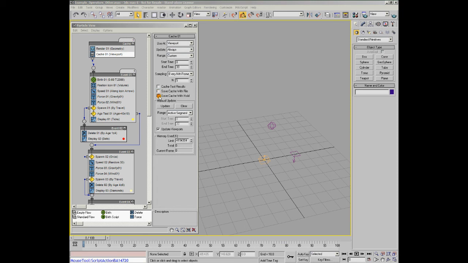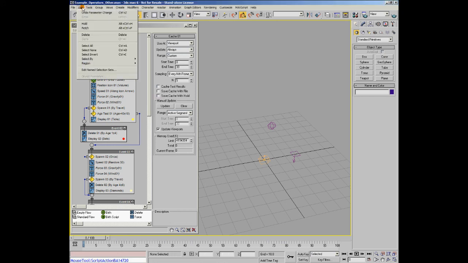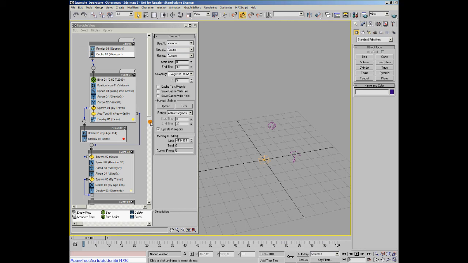The next option is save cache with hold. That's very, very similar. When you use the hold feature in Max, which does a temporary save of your file, obviously when you're working on files, every now and again you may want to do a hold just in case of a crash, and then you can use a fetch to bring that file back very quickly. If you do that, the default behavior of the cache operator is to not actually save out